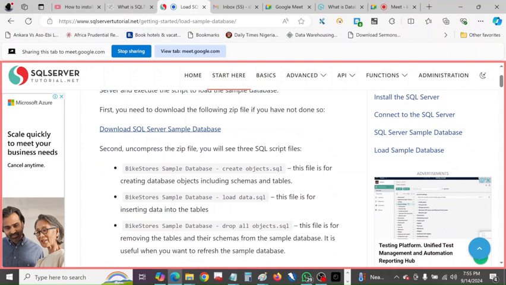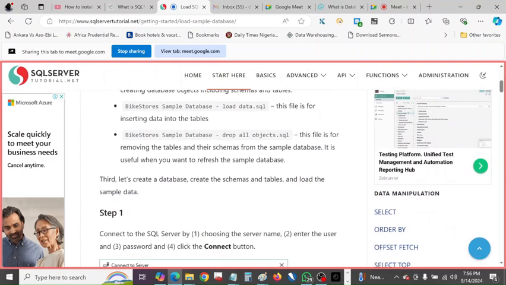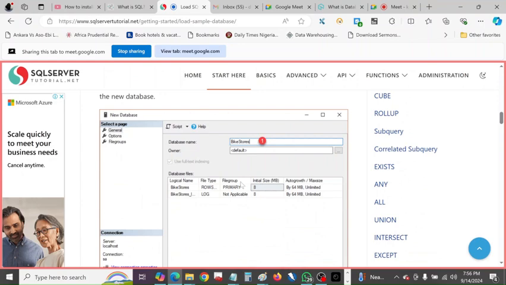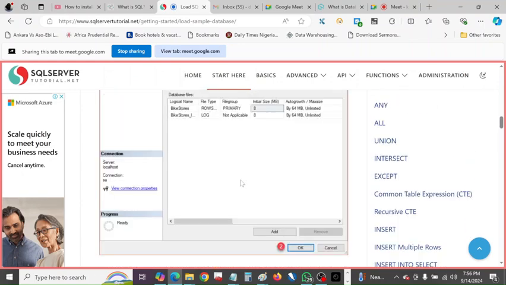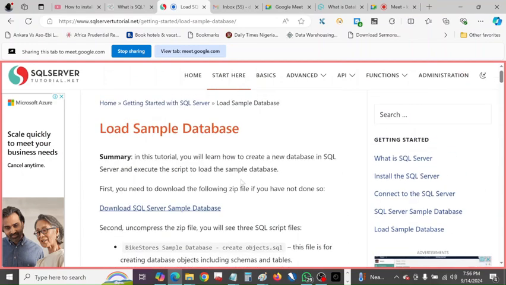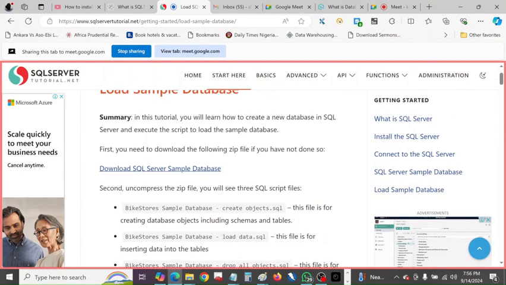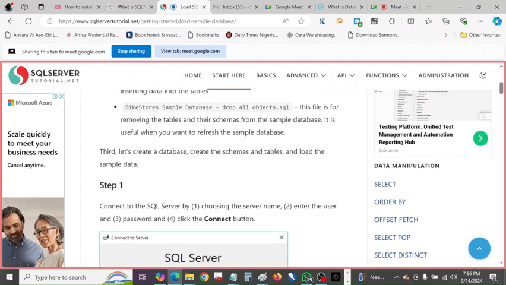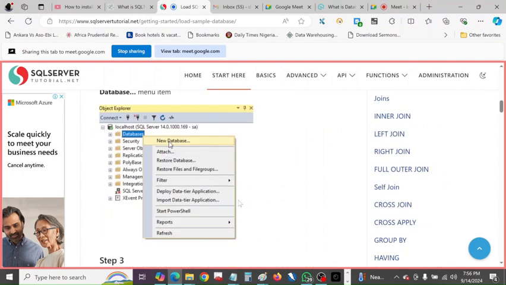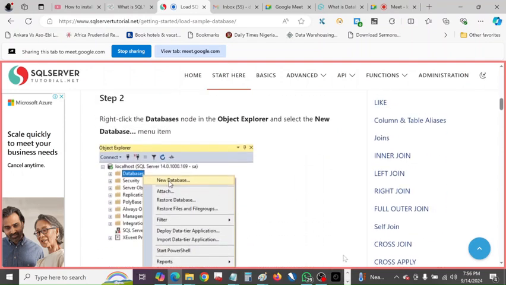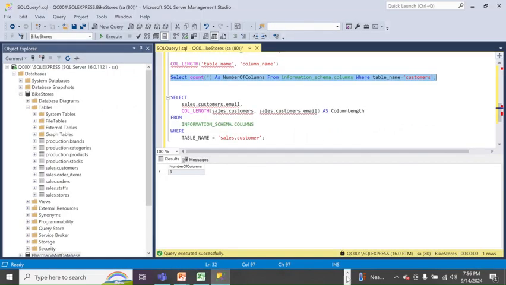So some of what we've done, just unzip it because it's a zip file. Unzip it, so you will have three files inside. So just unzip it. Have we done that? Yes. Okay. So what we want to do now is that we have unzipped that file, and what you just need to do is